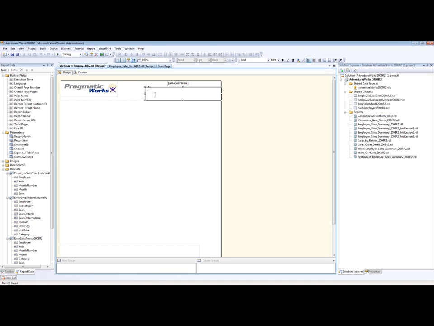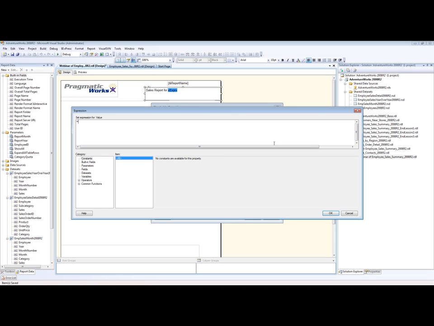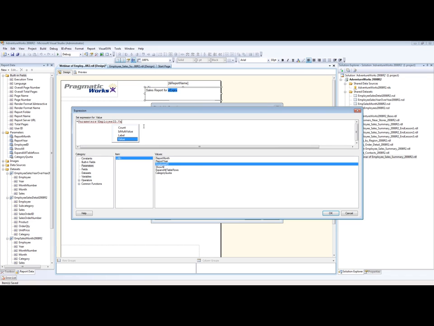All right, so first we're going to type in Sales Report 4. Then we want to create a placeholder to bring back those values. I'm going to right-click inside the text box and select Create Placeholder, and I want to set an expression on that. So I hit FX in the value and pick what that value is. I'm going to select it from my parameter options, and the first one I want to bring back is my employee ID. I'm going to double-click that, and I don't want it to be the value, I want it to be a label. So if I click OK,